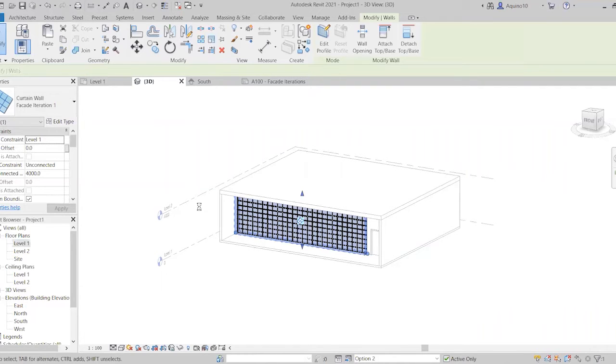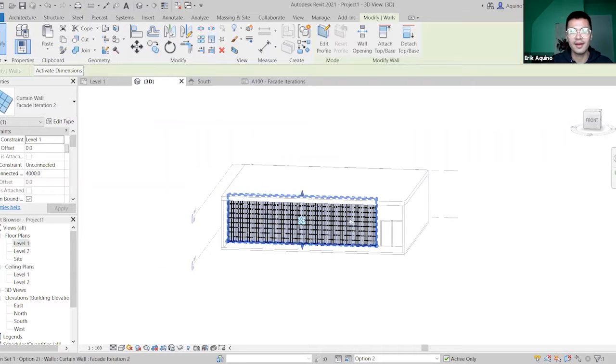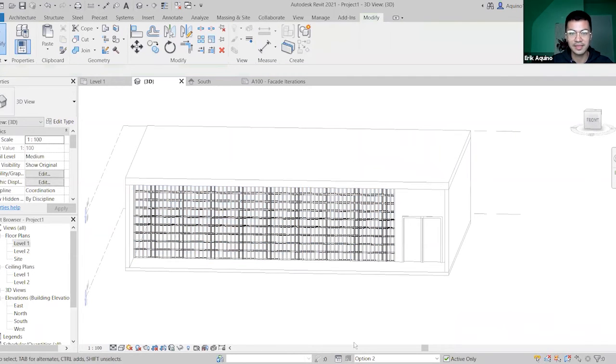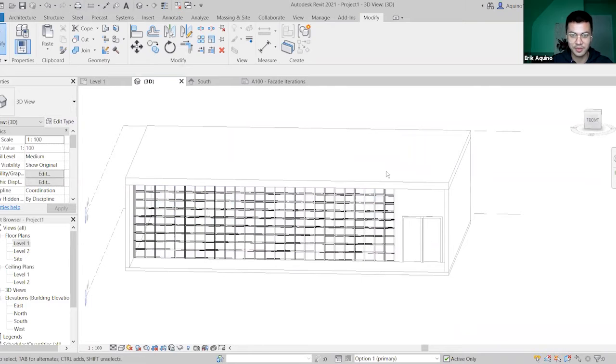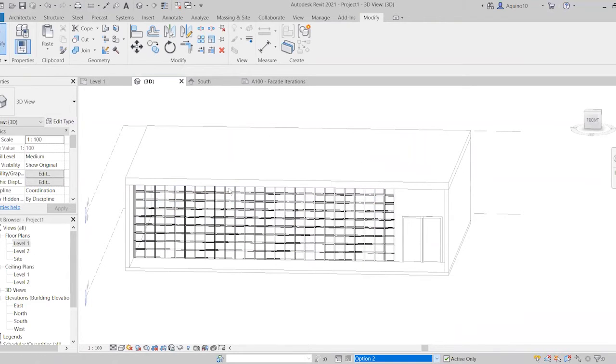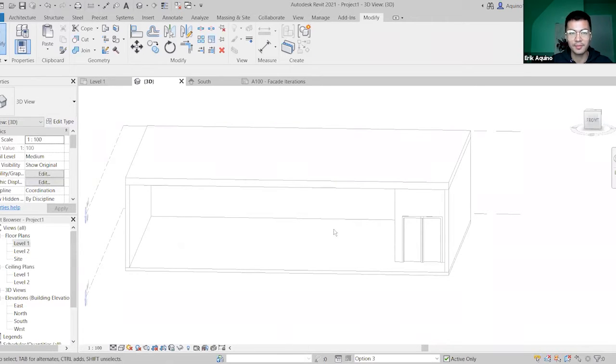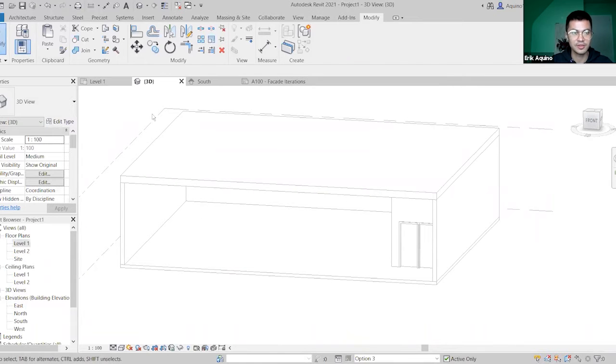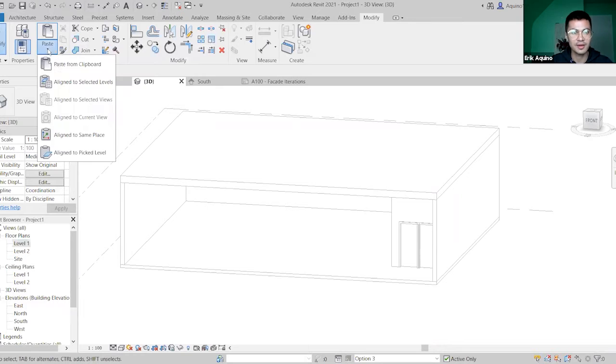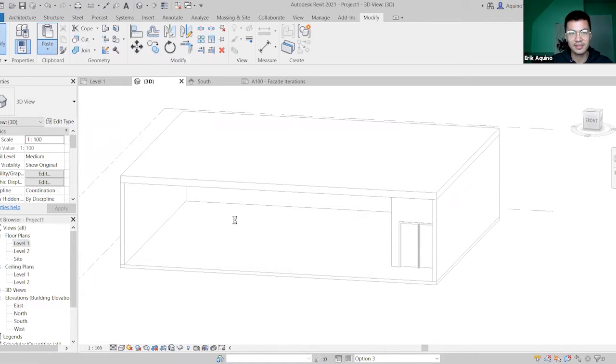Okay, and now that it's in, we'll see if we cycle through our options. Our option 1 has our previous curtain wall, and our option 2 has our new curtain wall. I'll head to option 3 to place my last iteration. I've already had my curtain wall copied into Revit, so I can go to Paste and select Align to Same Place this time,